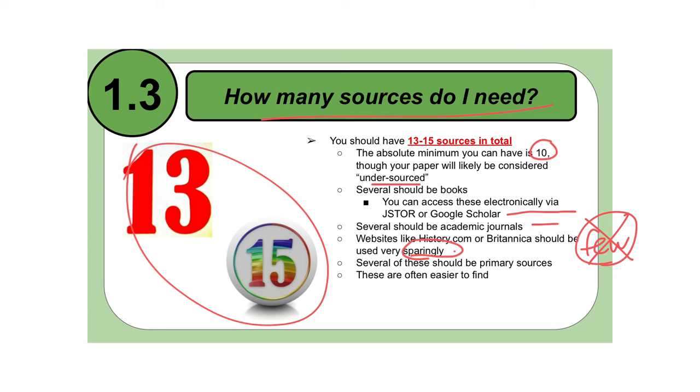Not that history.com and Britannica are not great sources, they are, but it does indicate that you do not have a stronger grasp of in-depth research, and so I would rather encourage you to avoid those sources. Use them as background information, yes, but try to avoid them if you're trying to use them as sources for your paper. Several of these should be primary sources, so you should have some type of primary source that you're